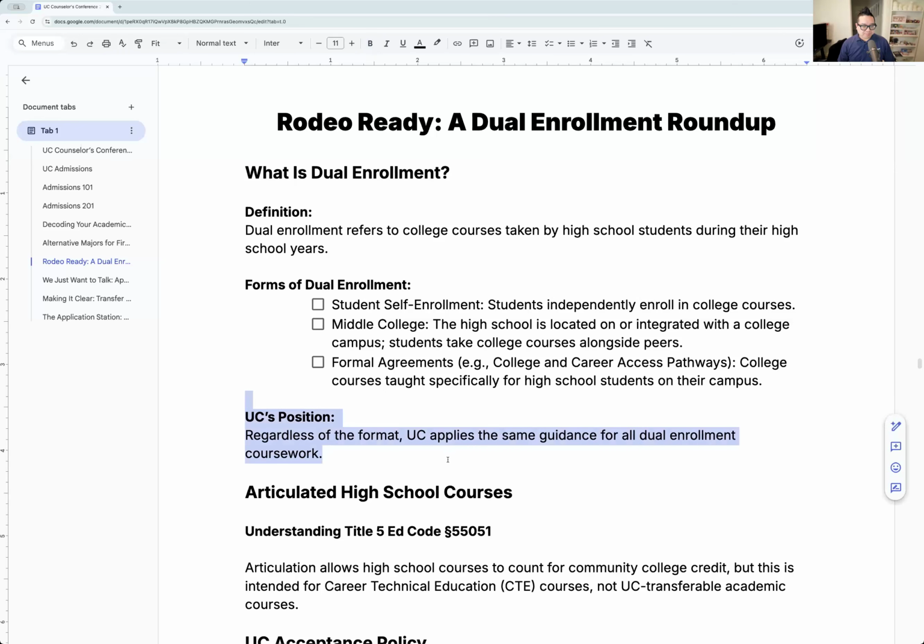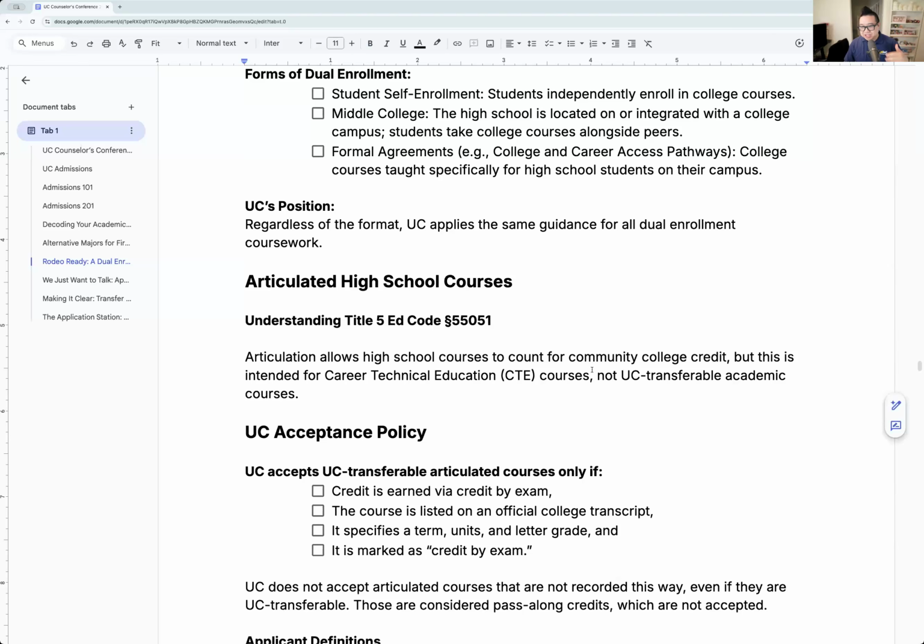Here's the thing. Same guidance for all the different schools, whether you do it by yourself or through your school. There are some schools like middle colleges, early colleges, or your school has a partnership. They're all the same. So whatever option you want to do, California is a very big thing for all the states. By the way, if you're not in California, your state also has dual enrollment.